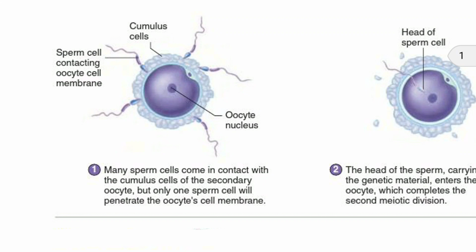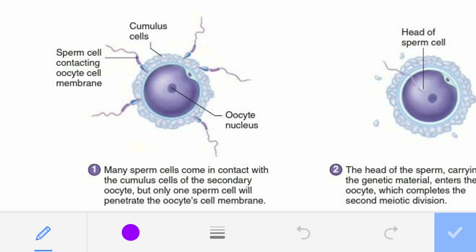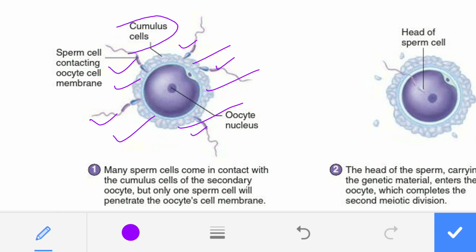Now, the process of fertilization we have studied in the previous lecture. So, on the screen, as you can see, I am showing you one secondary oocyte. For example, this one is the secondary oocyte, and it is surrounded by many sperm. So, these are the sperm, and the cells which are present around the secondary oocyte are known as